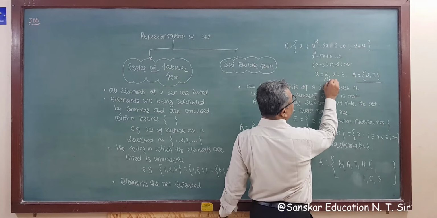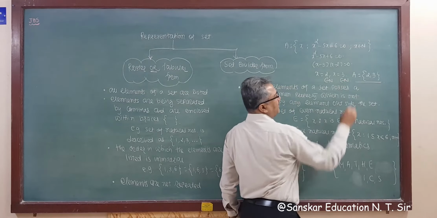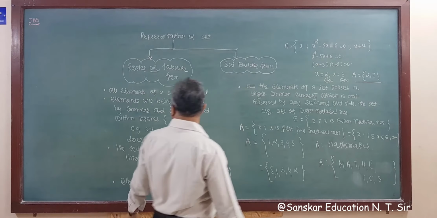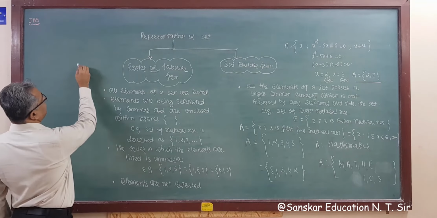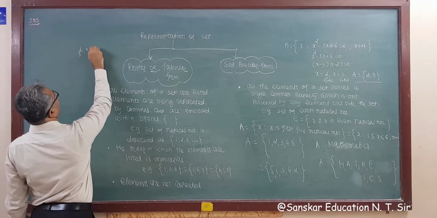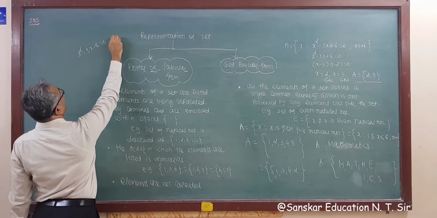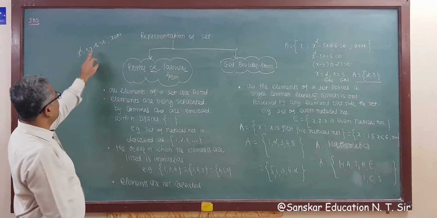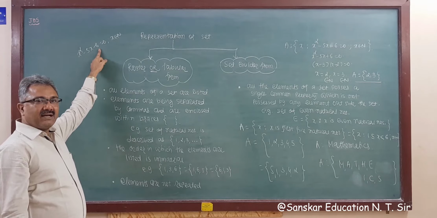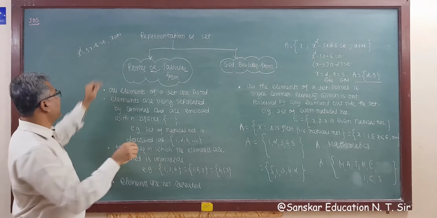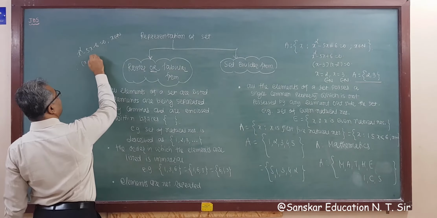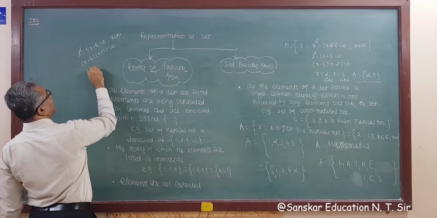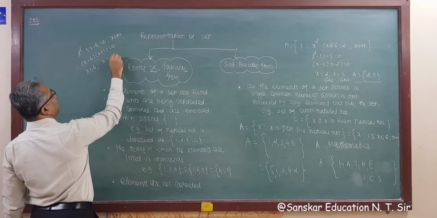So here you can usually say that this belongs to N, right? But for this example, given x square minus 5x minus 6 is equal to 0, and x belongs to N is given. So the factors of 6 are 1 and 6, and we have to take the subtraction. So we get (x minus 6)(x plus 1) equal to 0. So you will get x is equal to 6, or x is equal to minus 1.